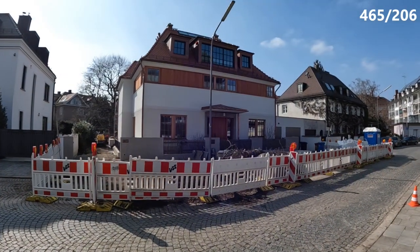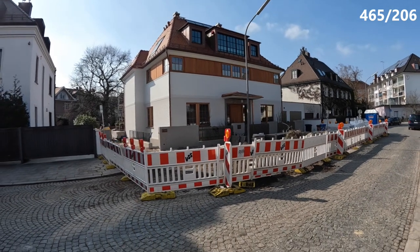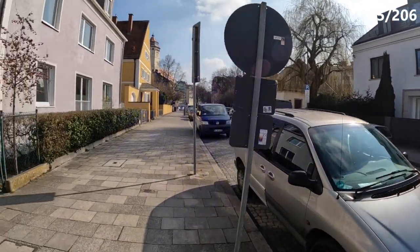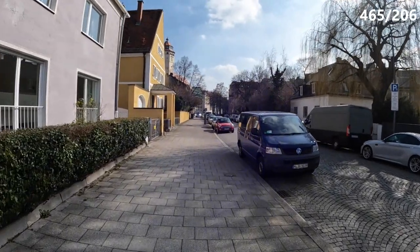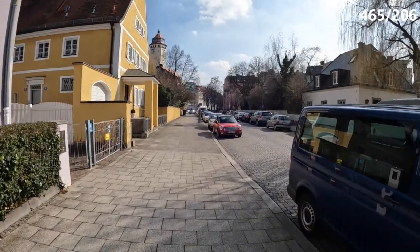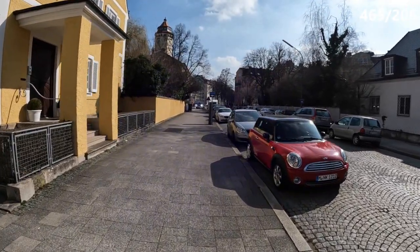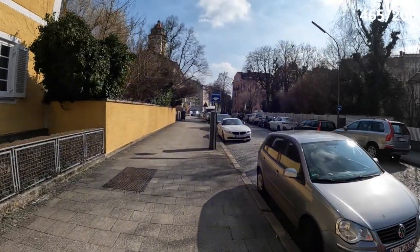Here we are, seems like in a richer part of town. This house is newly built, looks amazing. This one here looks quite good too. So the prices here in Munich of real estate are the highest in all of Germany. There's many actors, many soccer players, obviously playing for Bayern München, and many rich people live here in München because it's close to the